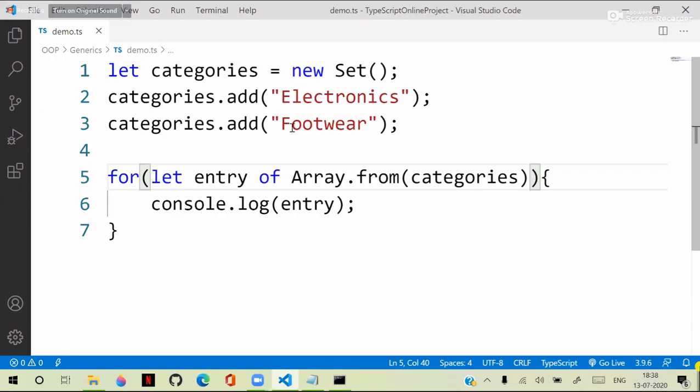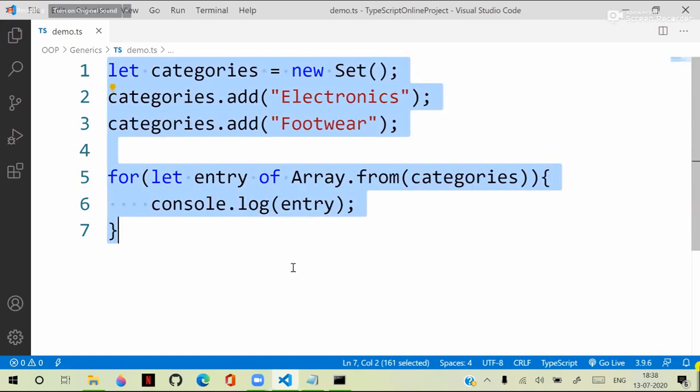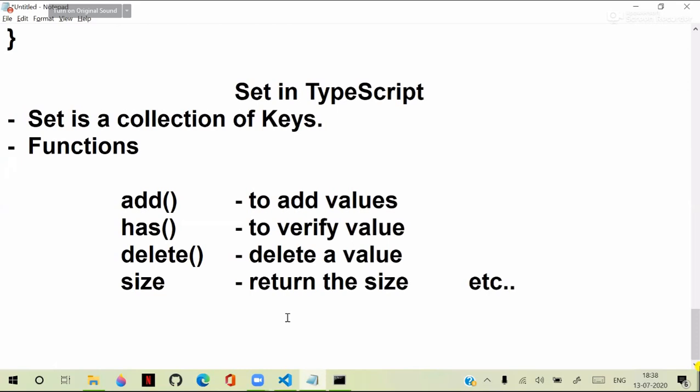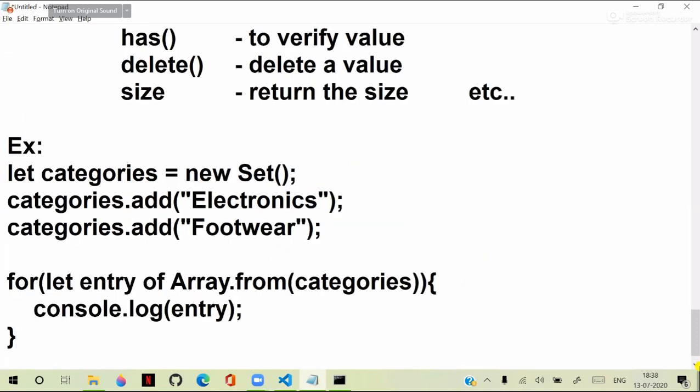Only the point is this is just a collection of keys, and that is a collection of both keys and values. The rest of the options will be similar, no change. So adding, removing, clearing, searching, everything is the same. Generally, when you are dealing with data, you need to collect the keys and value references and use them. Then this will be a better option in future to handle that. For example, now